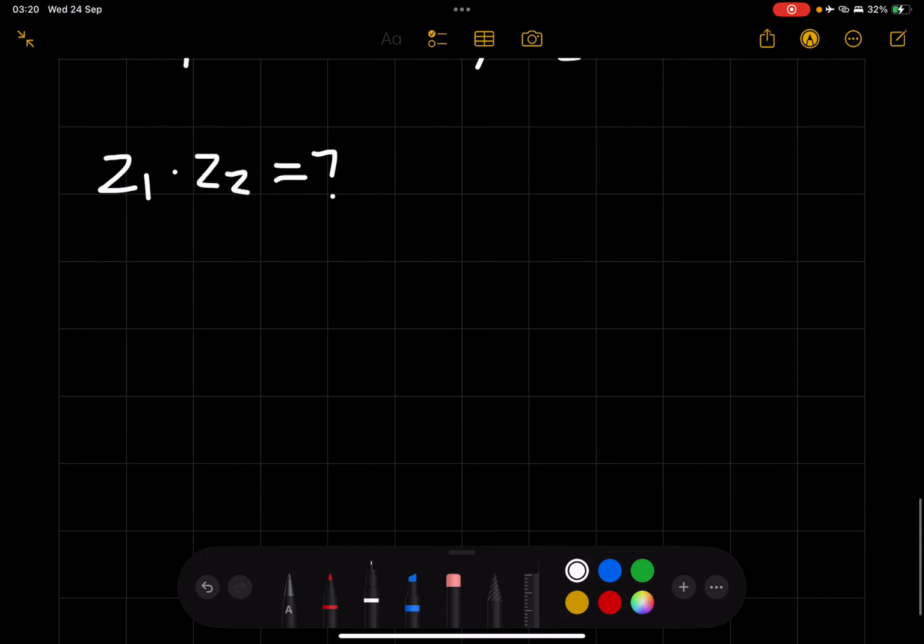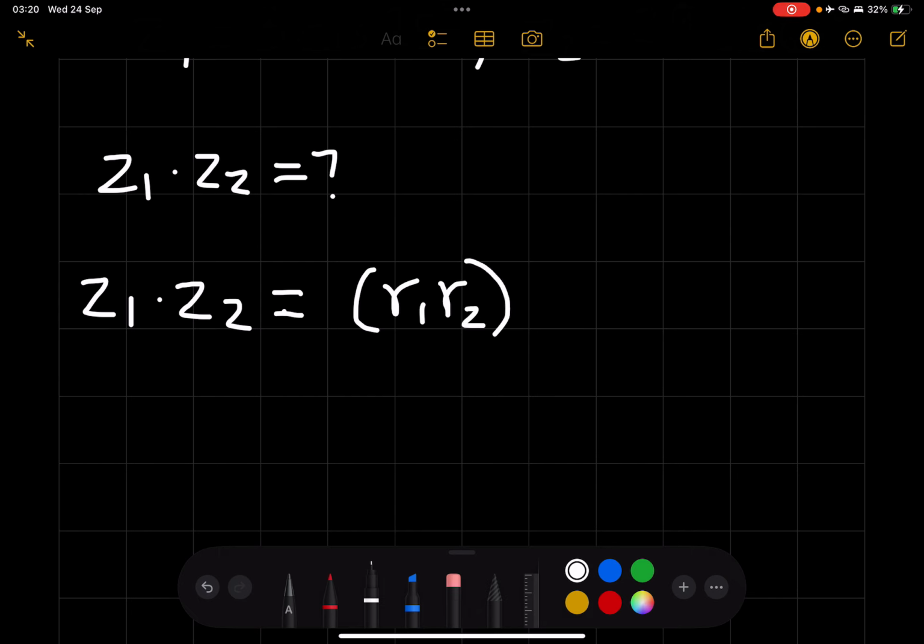Remember, the rule for multiplication of z1 times z2 is the product of the r's. So r1, r2, we multiply the r's, and then cis, the sum of the angles. You add the angles, you multiply the radius, right? So let's get